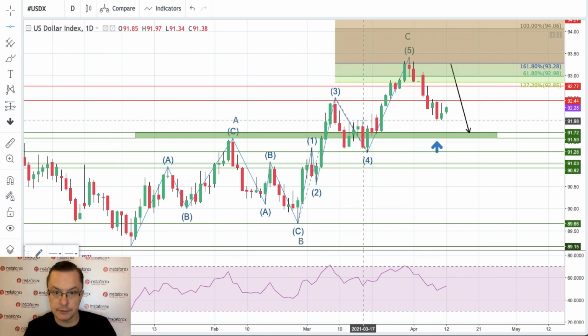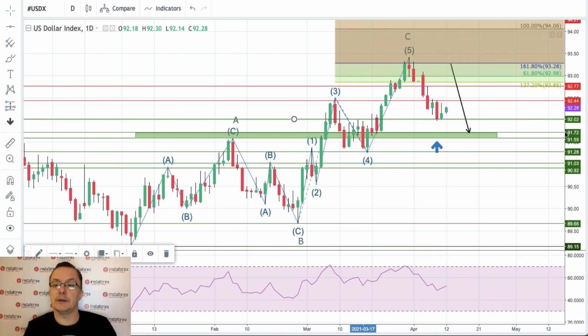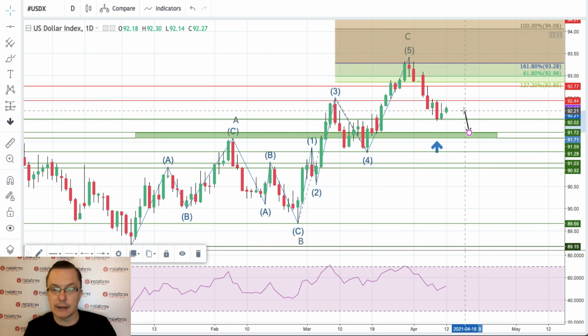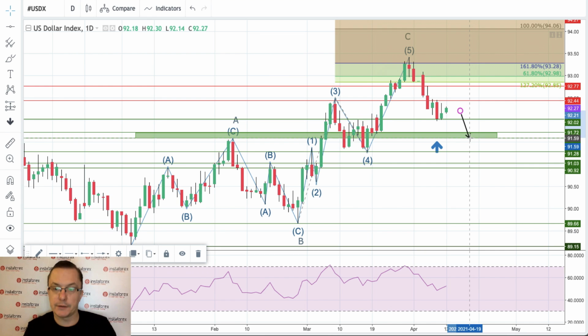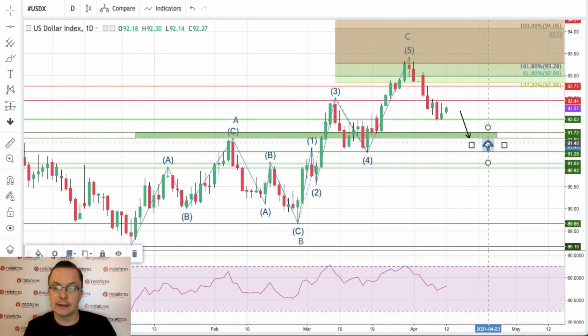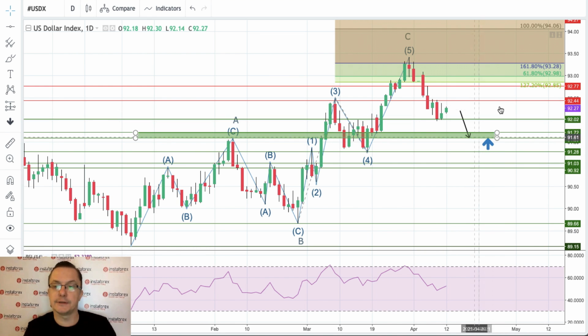So maybe I will just put it here on the chart. 92, this is the level of the technical support. So far we hit it, bounced slightly, but bulls were not able to break above 92.44. Bulls are still weak, and our target for this week, if we break below 92, is 91.72, 91.59. This is the zone for the target, marked by the blue arrow. So this is an important zone for bulls. I think we might see some kind of a bullish reaction once we hit this level.